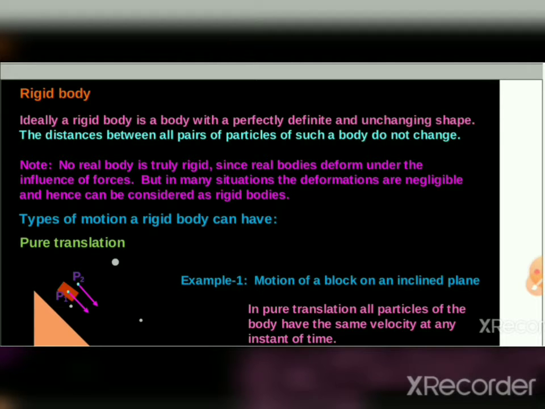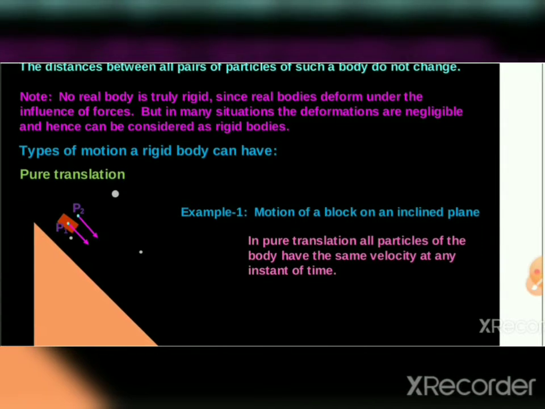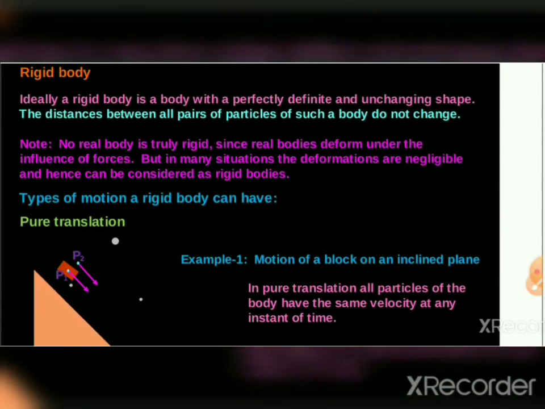Okay, now first of all you should know there are different types of motions when an object is in the moving position, and rotational kinematics and dynamics are related to that. All the particles of a rigid body move along a circular path, and if the centers of all these circular paths lie on a straight line, the motion of the body is called rotational motion. But pure rotation is a kind of different thing.